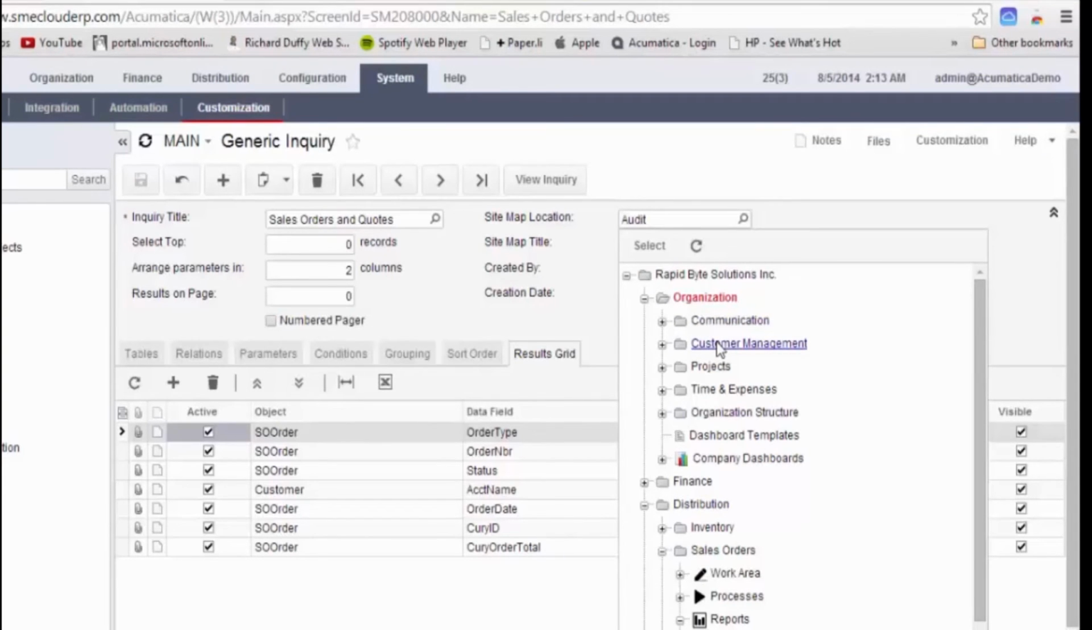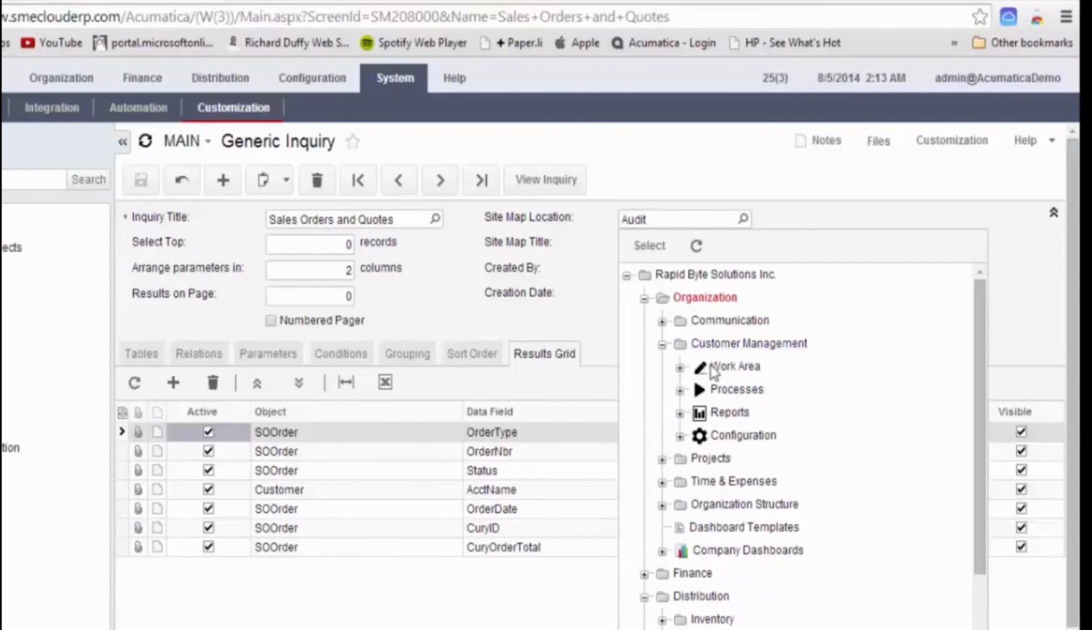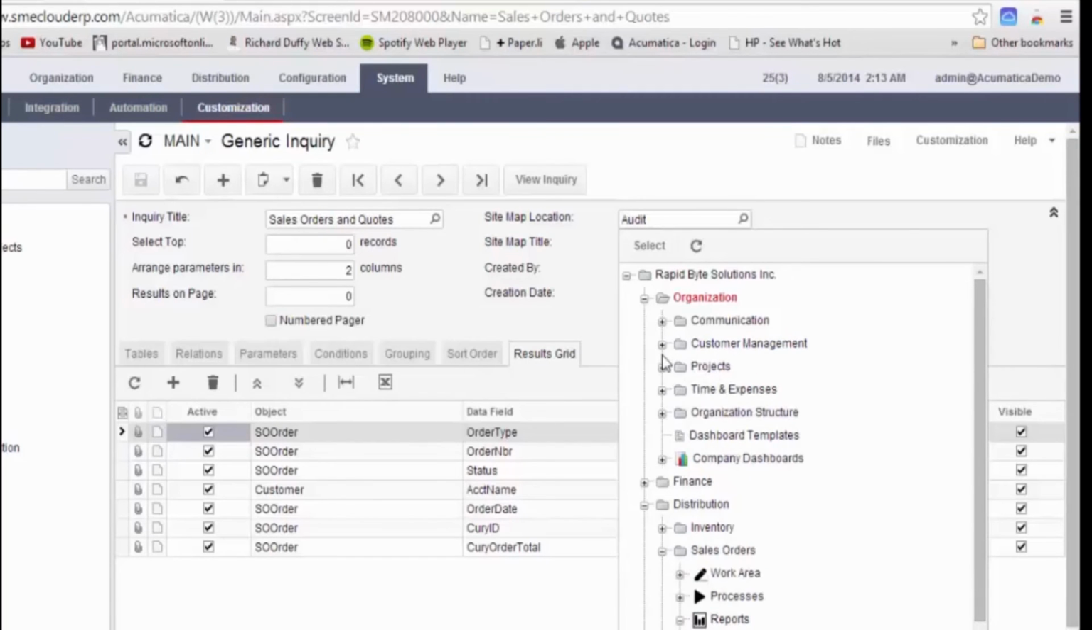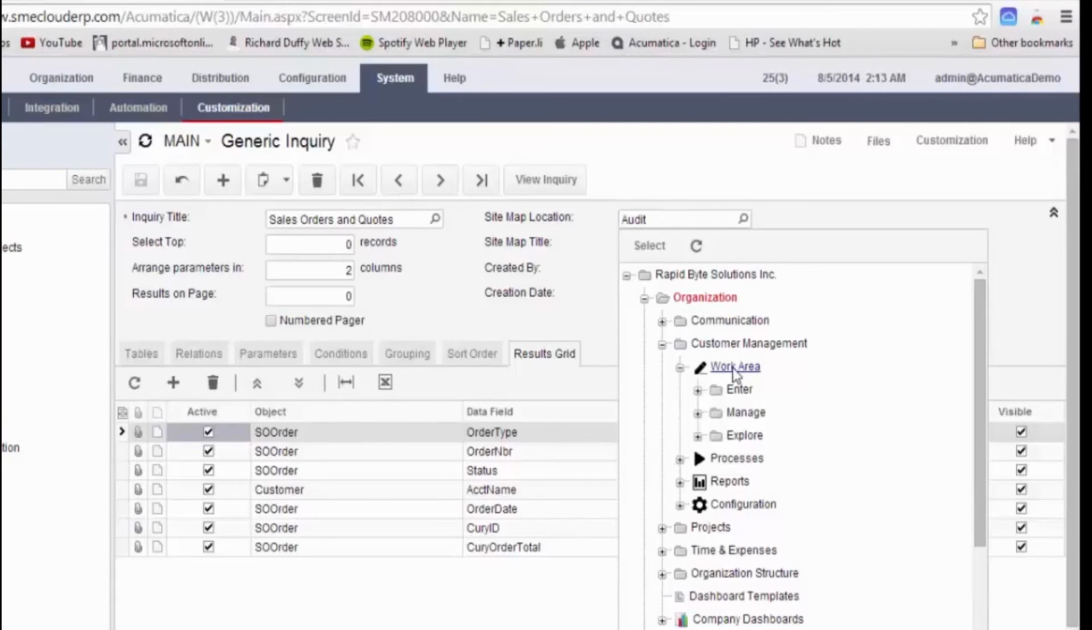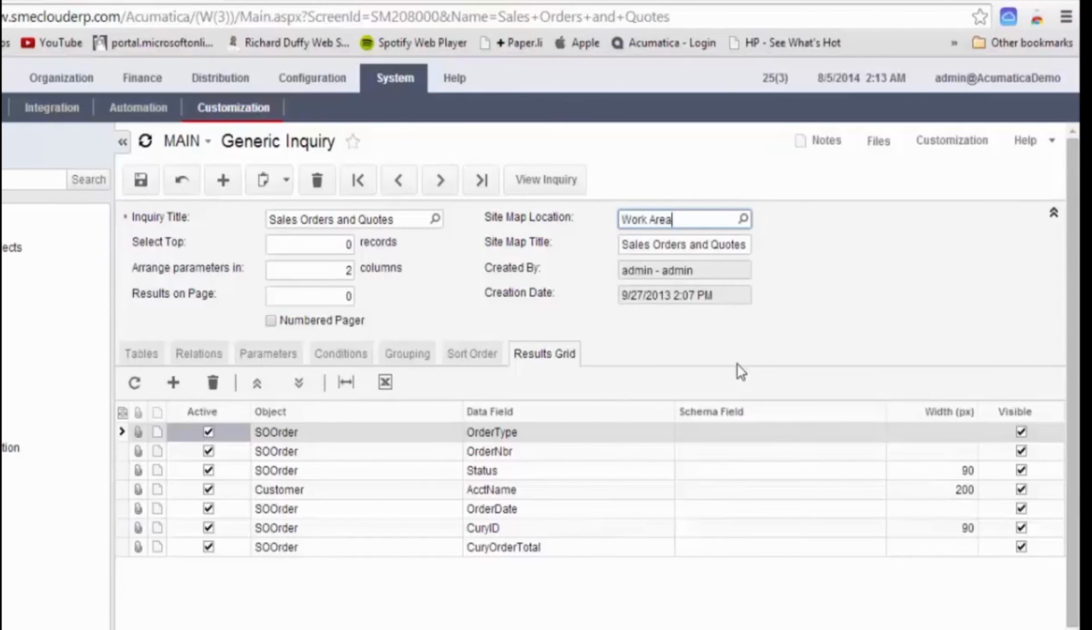This is where my customer service reps are going to be sitting, and I want to give them access to this quick snapshot screen, which will give them a quick look at all the sales orders and quotes for their customer. So I'm going to put it under customer management, and then under the work area. Do I want to put it under enter, manage, or explore? Well, I'm just going to put it generically under the work area, so I double click on that,